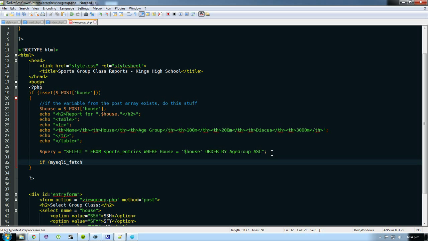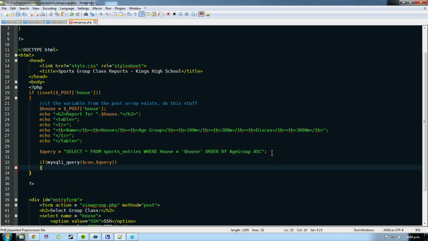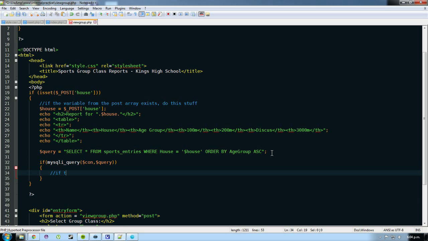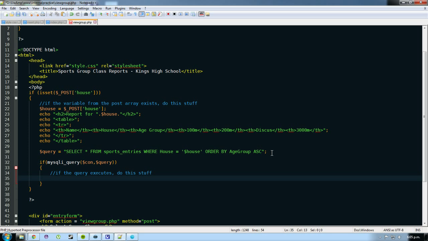mysqli underscore, oops, we have to actually run the query. If mysqli underscore query, $connection, $query. So if this query runs, then we're going to do stuff in here. If the query executes, do this stuff. By the way, it's not good practice to write "do this stuff". I'm just trying to get you familiar with comments and how you can write anything for a comment as long as it's meaningful. So we're going to have result